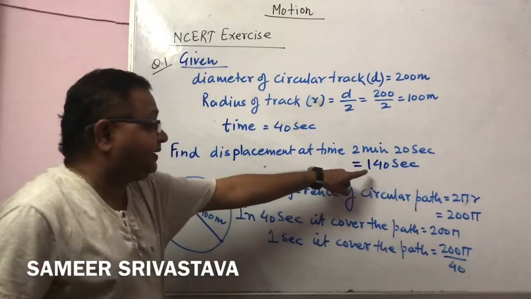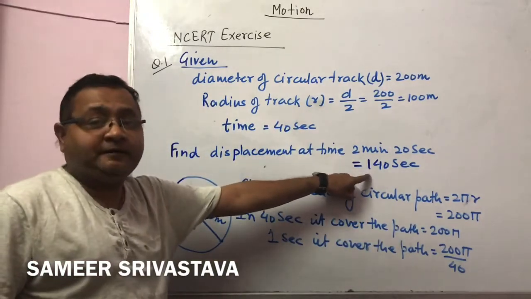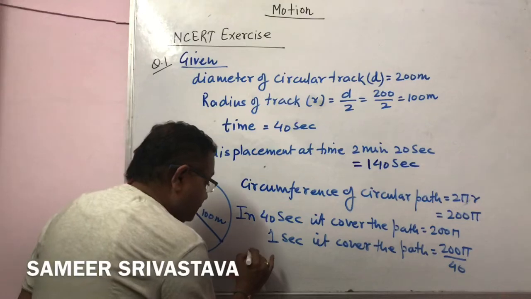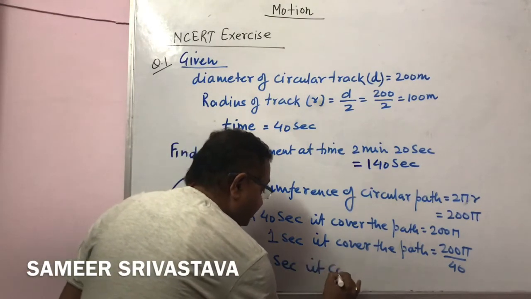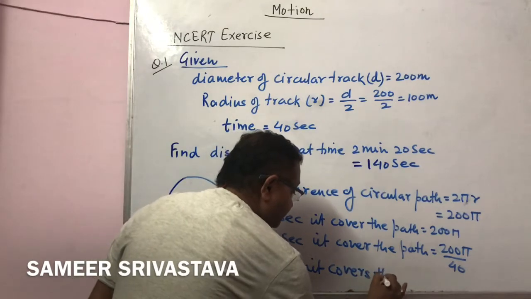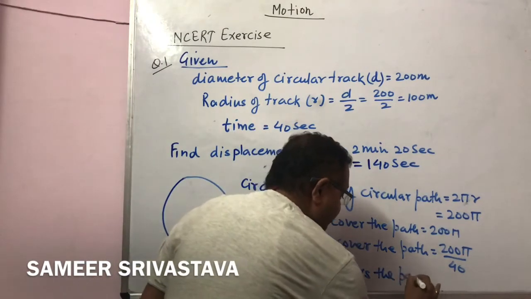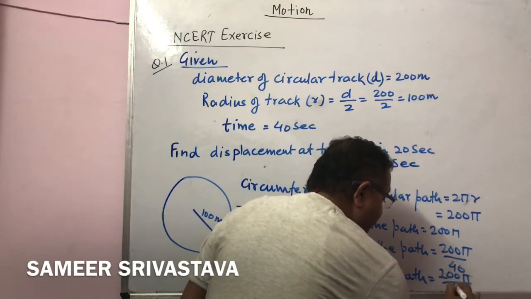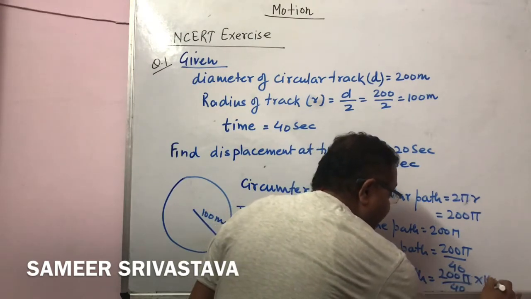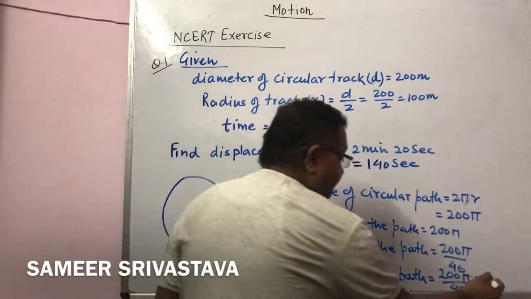We have to find how much it covers in 140 seconds. So for 140 seconds it covers the path that will be equal to 200 pi upon 40 into 140, and the answer will be